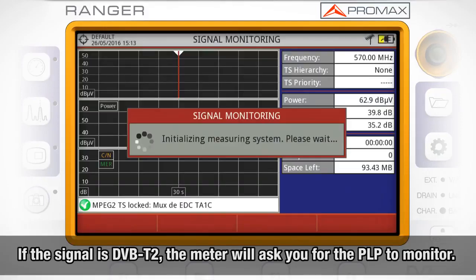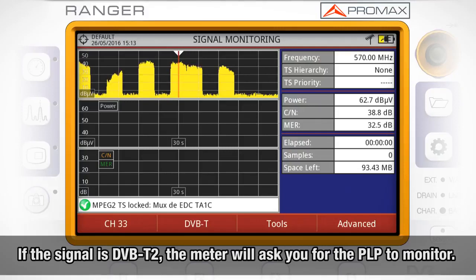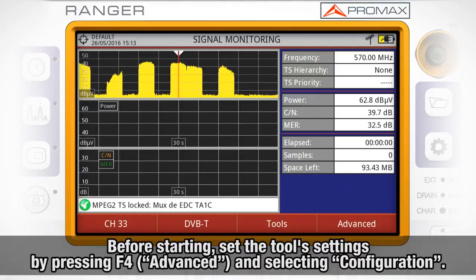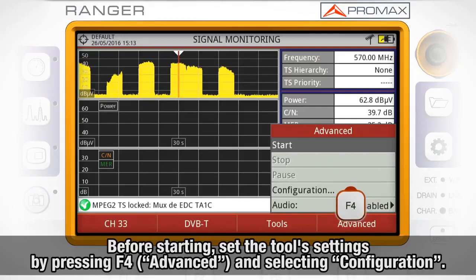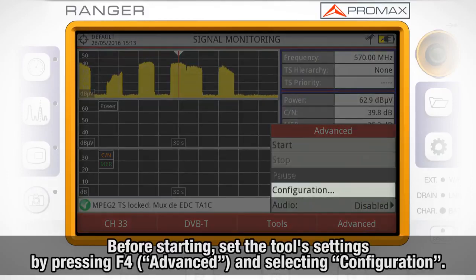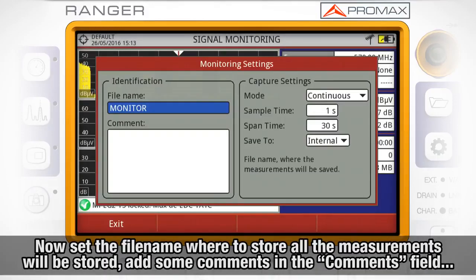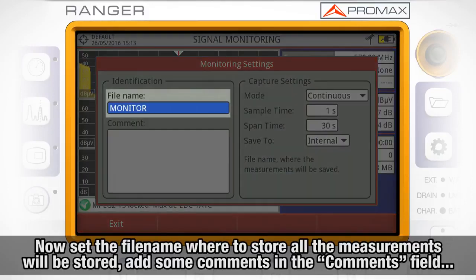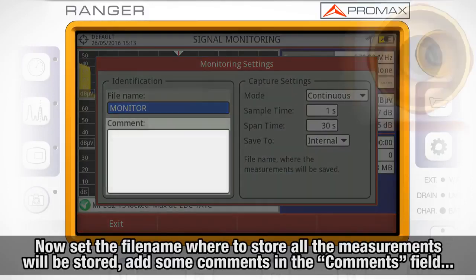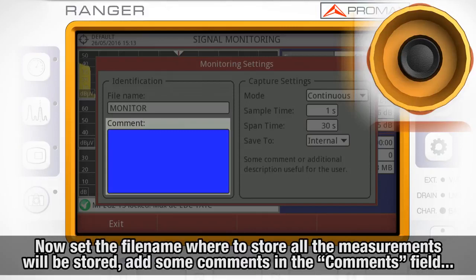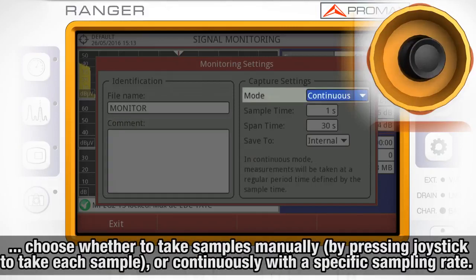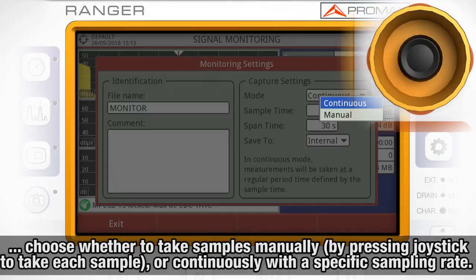If the signal is DVB-T2, the meter will ask you which PLP we want to monitor specifically. Before we start monitoring, we will access these tool settings by pressing F4, Advanced, and selecting Configuration. Here we can set the name of the file where all the measurements will be stored, add some comments in the comments field, choose whether we want the monitoring measurements to be taken manually every time we press the joystick